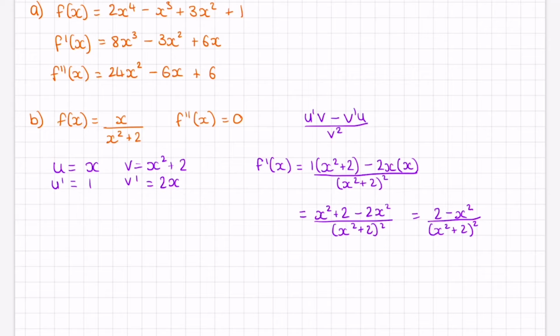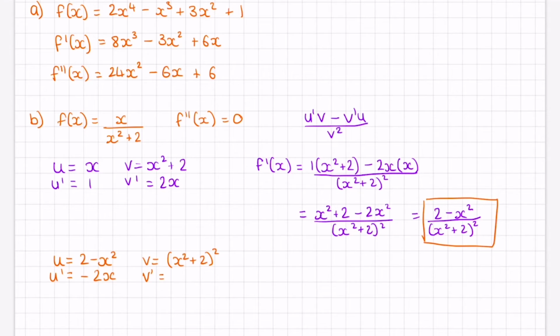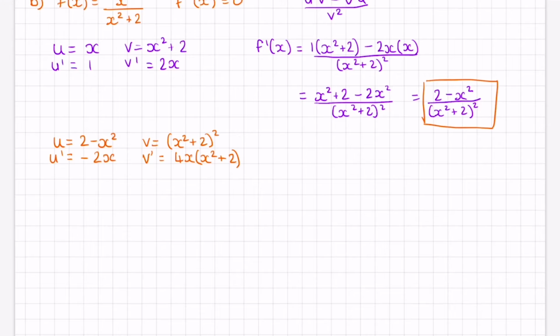So from this one, we're going to look at this bit here now. Our u will equal 2 minus x squared, and our v will equal x squared plus 2 all squared. So u dash will be minus 2x, and v dash will be 4x times x squared plus 2. Now that's just a chain rule, so if you need to do your intermediate steps of the chain rule, go for it. So then we're going to put together our second derivative,